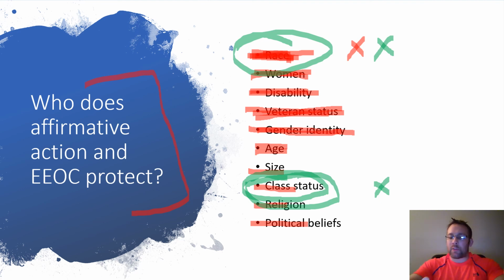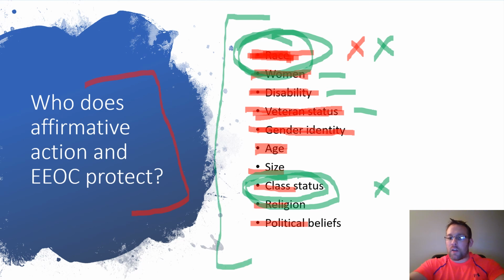The more groups you add to protected classes, the more race becomes not as important with regard to an employer, right? So if an employer can come in and say, there's like 5 final candidates, and let's say the employer hires a white person, people come out and say, look, like your boardroom's not diverse enough. Well, we've expanded what diversity means because the person we hired was actually a woman, or the person we hired has a disability, or the person we hired is a veteran, right? So there's all these like weird little loopholes that employers get away with, or university administration gets away with regard to like, look, if we make enough historically marginalized groups,